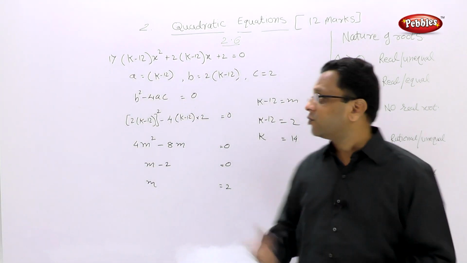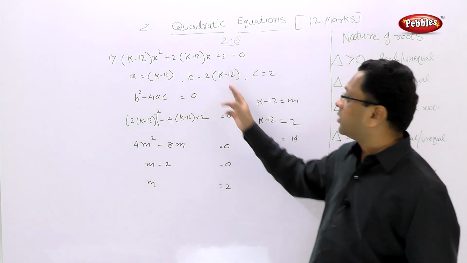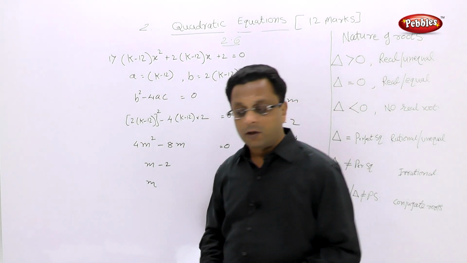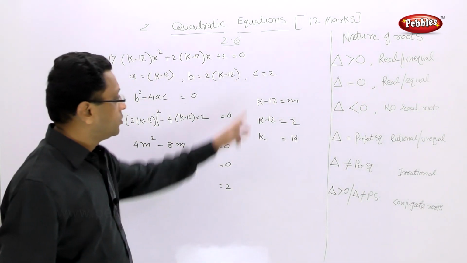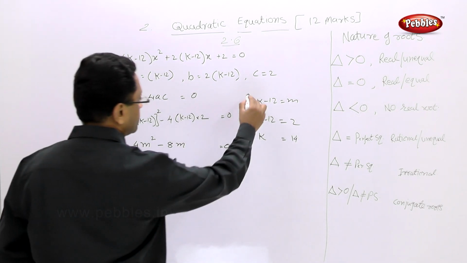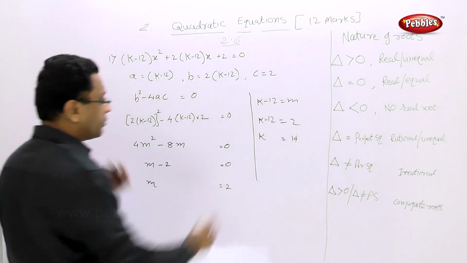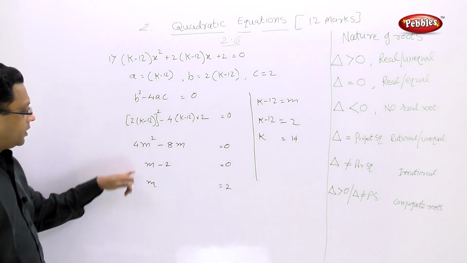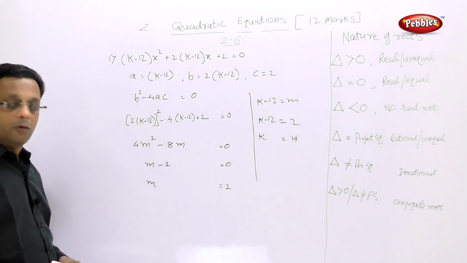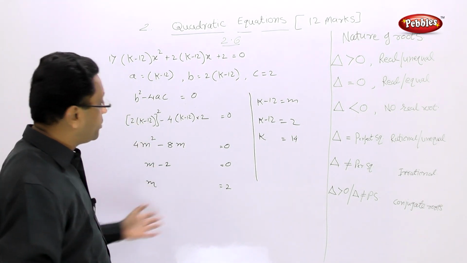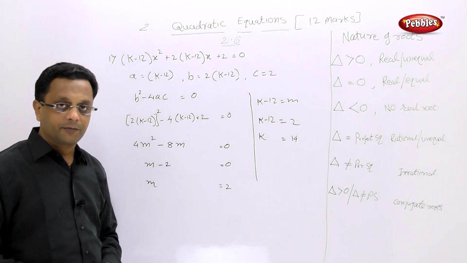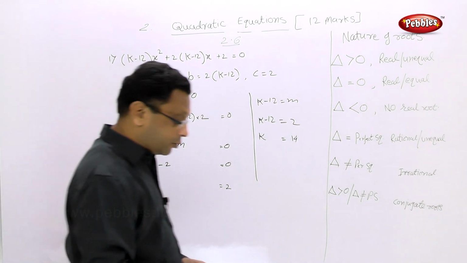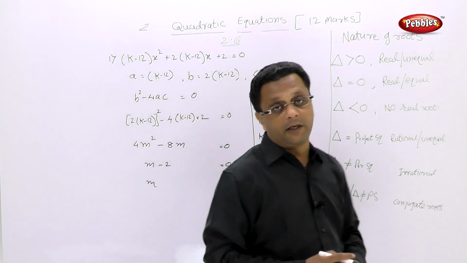Why do that? Because we know that k minus 12 is common, so I can substitute this k minus 12 as m. By this way, calculation is very simple. So no need of going into deeper, longer calculations. But still, if you want to check your own arithmetic,